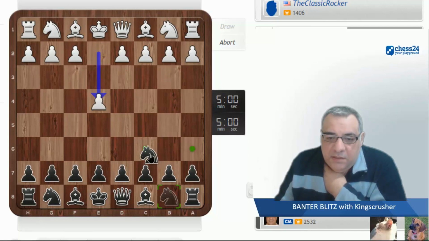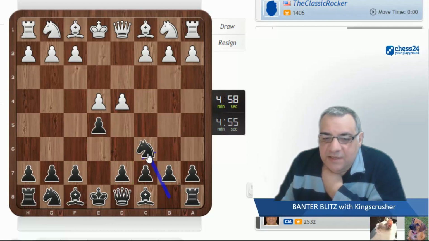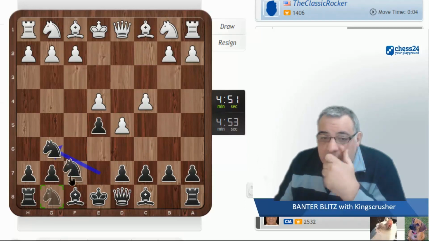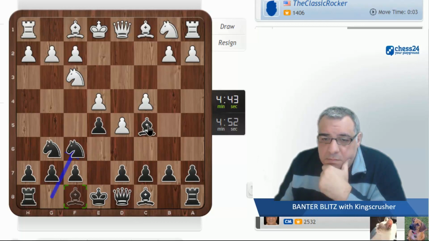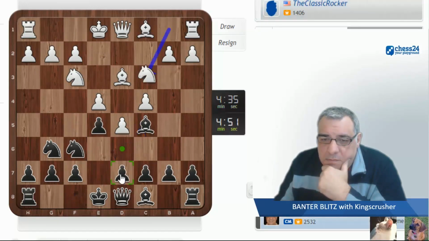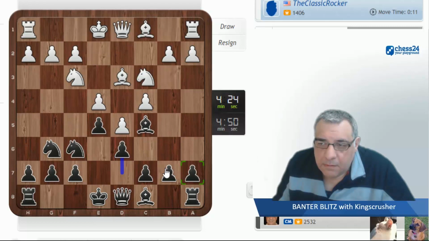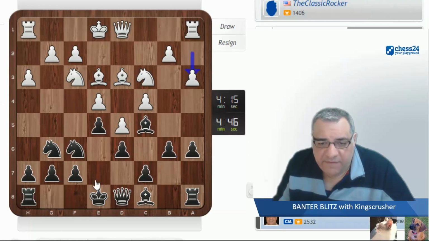Okay, let's just... You know what? I'm going to try the elephant gambit. Oh, I was going to try the elephant gambit. Let's try knight c6 here. Alright, I like the tangoing of the knight. And b6, just try and weaken f4. So if I castle and then try and get a knight to f4,